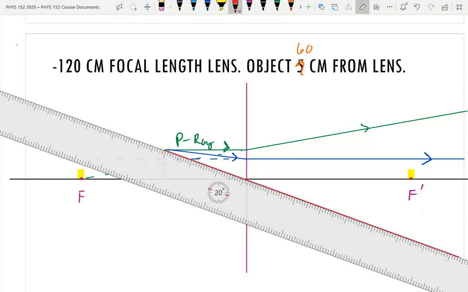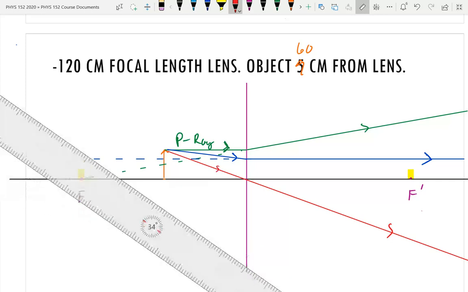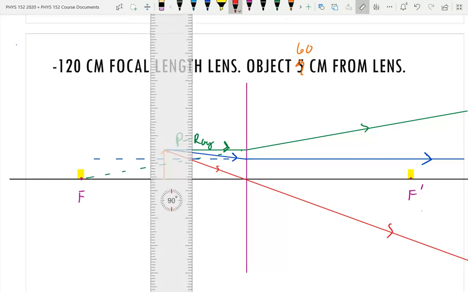So the vertex ray does that. I don't need to do a backward extrapolation because that's exactly what it does. The backward extrapolation comes back right on itself. So the image is formed about,